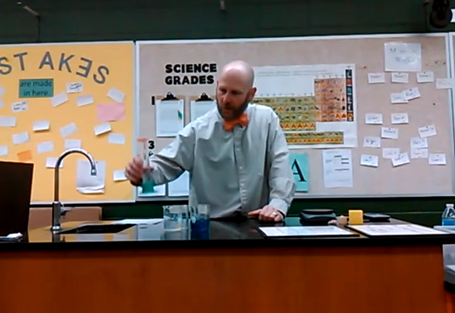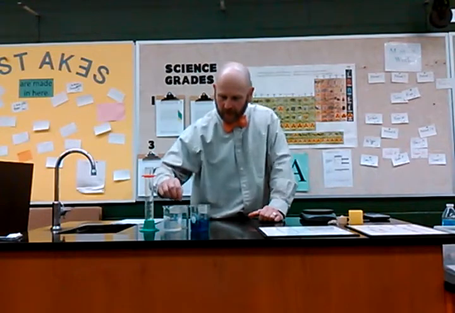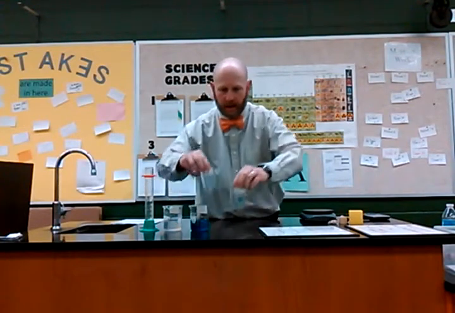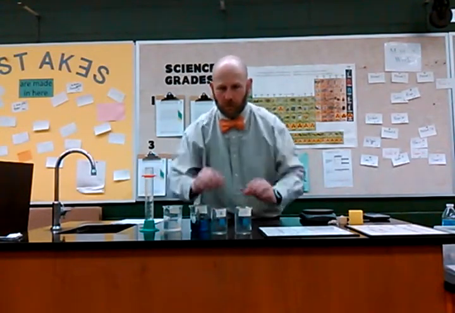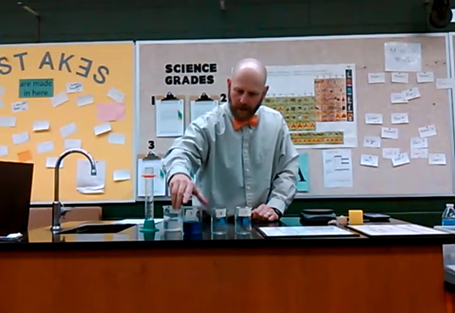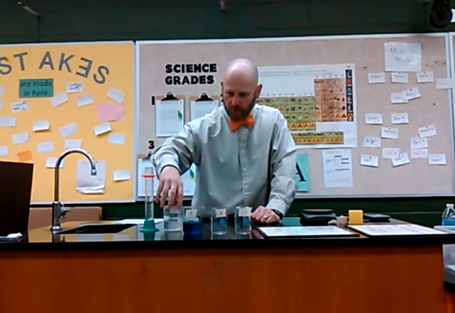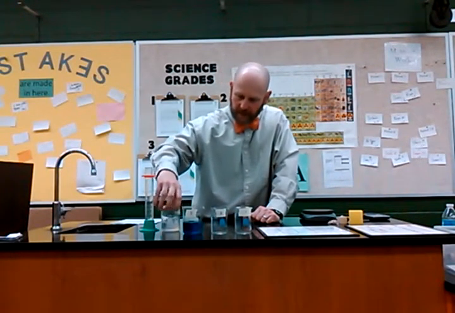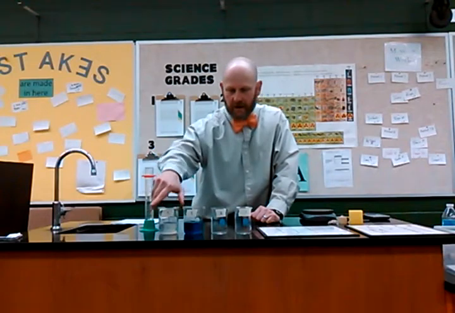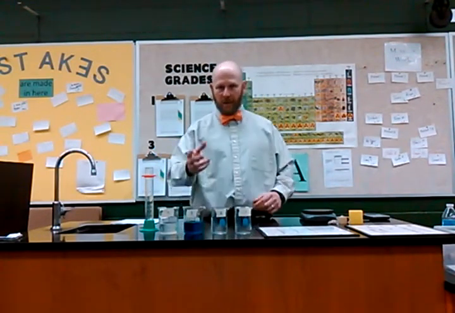I have a graduated cylinder up to 100 milliliters. I have beakers 1 and 2 that we will use, and in beaker 3 I have a blue colored water sugar solution, or sucrose, and in beaker 4 I have a water and salt solution,